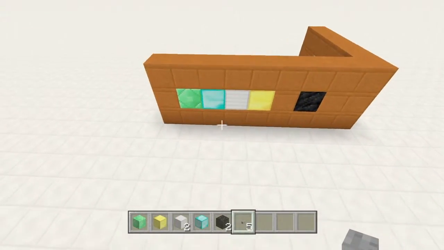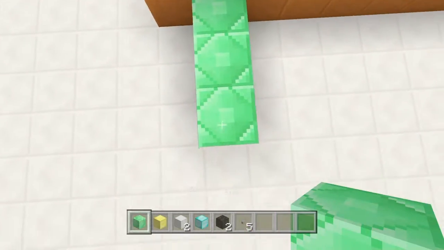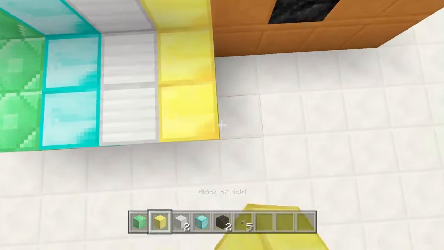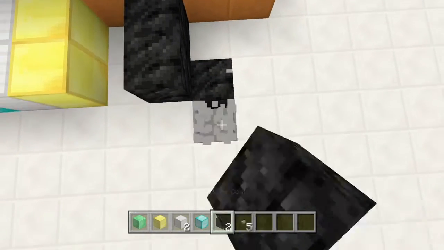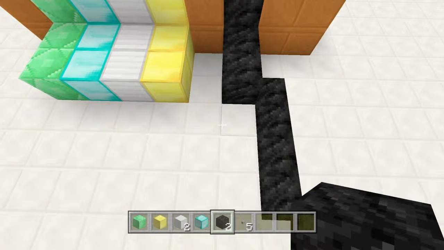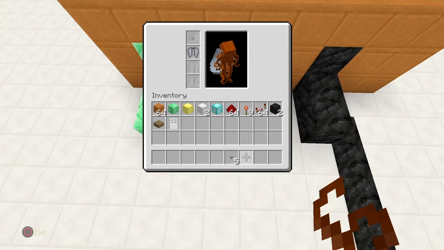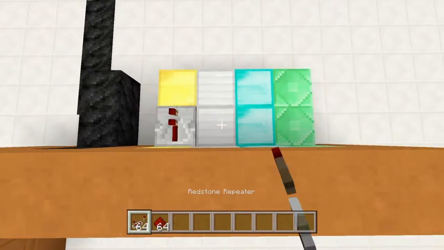But come behind it, and what you want to do, just so you can see which is which, is I recommend building in the same block and come 2 out from each of your builds, and preferably just do that momentarily. Once you've done that, you then want to grab out your repeaters and redstone dust,